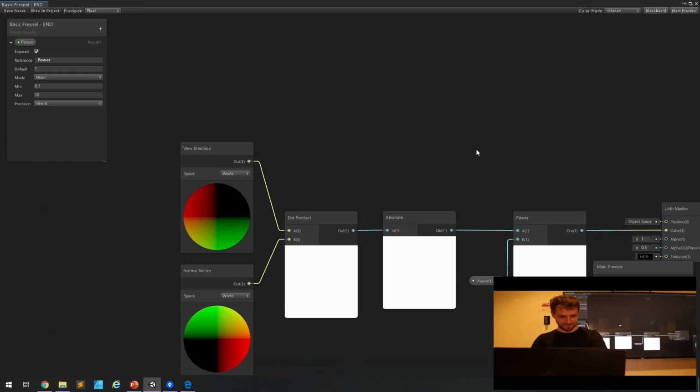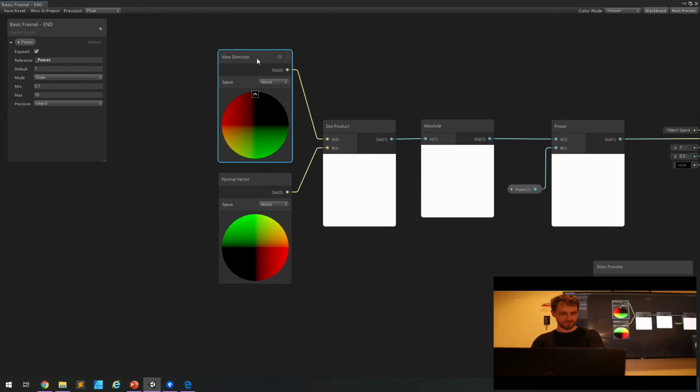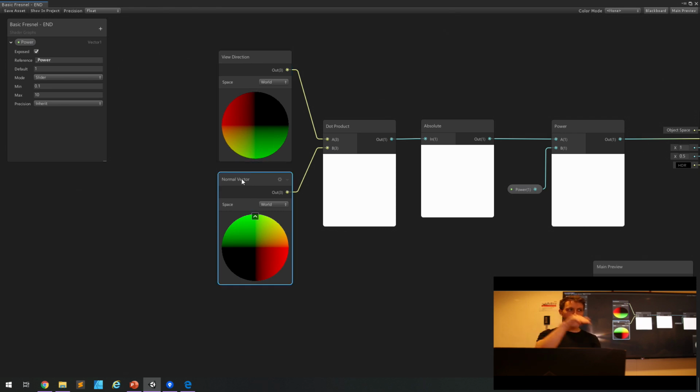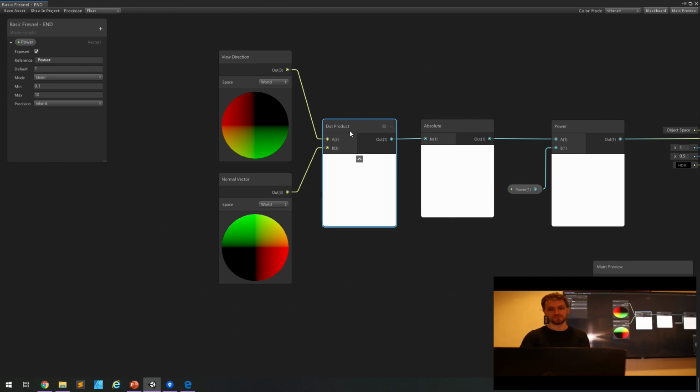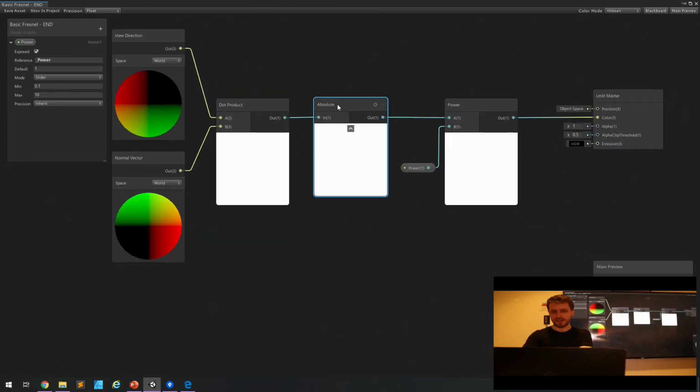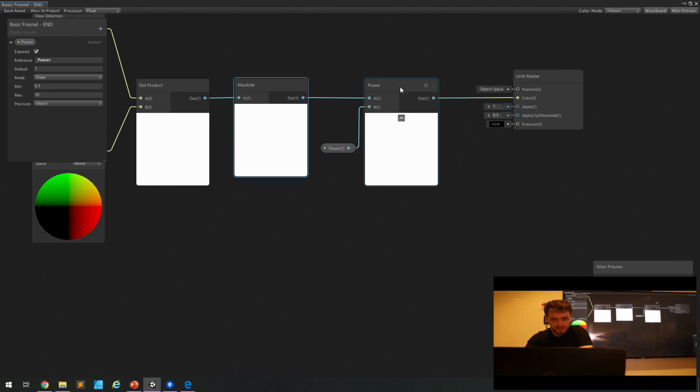So, the full way, right? We have the view direction, and you have your normal vector. So that's how am I looking at the object, and where is this part of the object facing? You have a node called dot product, which is the math operation I described earlier. It says how parallel are these two. So you plug those in there. You take the absolute of that because, again, you can have negatives, right? So if this one's facing there and that one's facing there, you're going to get a negative dot product. So absolute is a good way to sort of get it the same on both sides of the surface. And then you have a power node after that, which is basically saying like, all right, take this value and